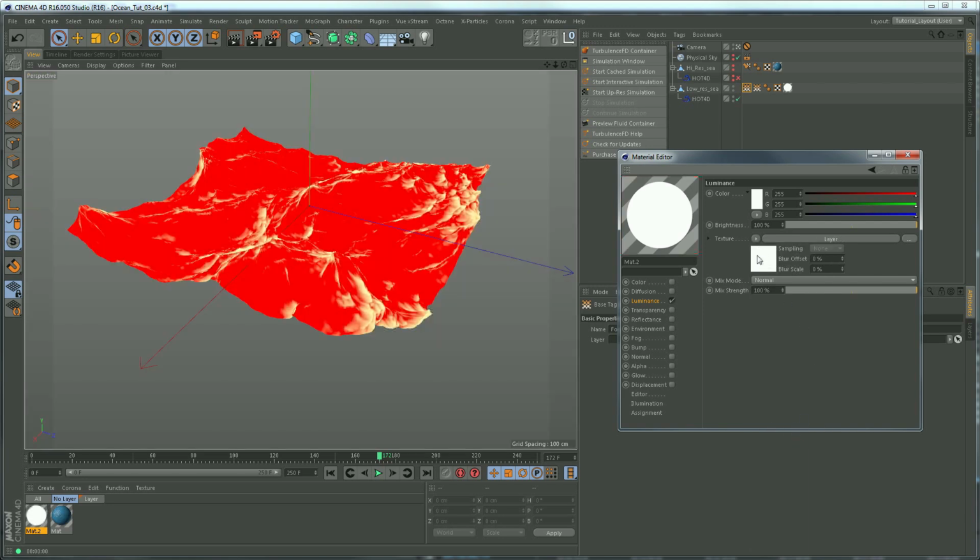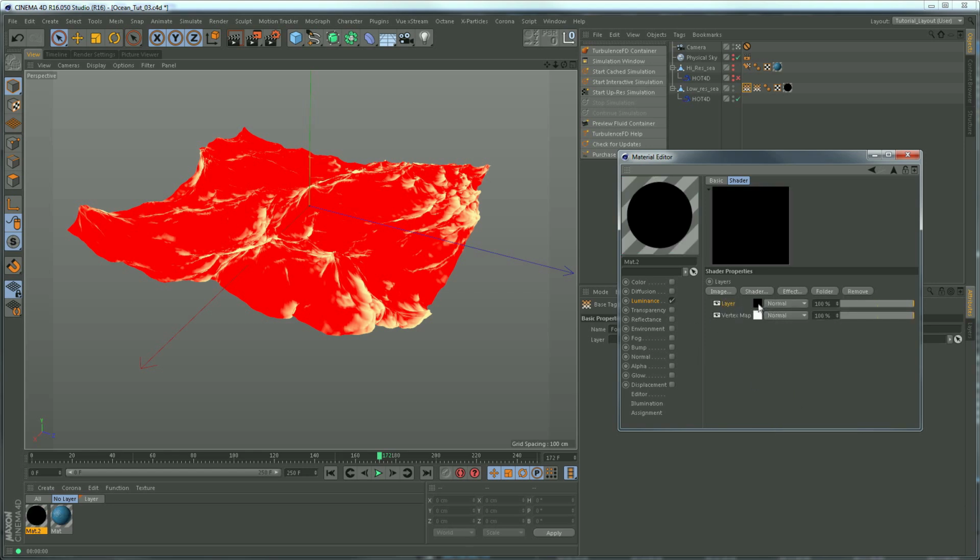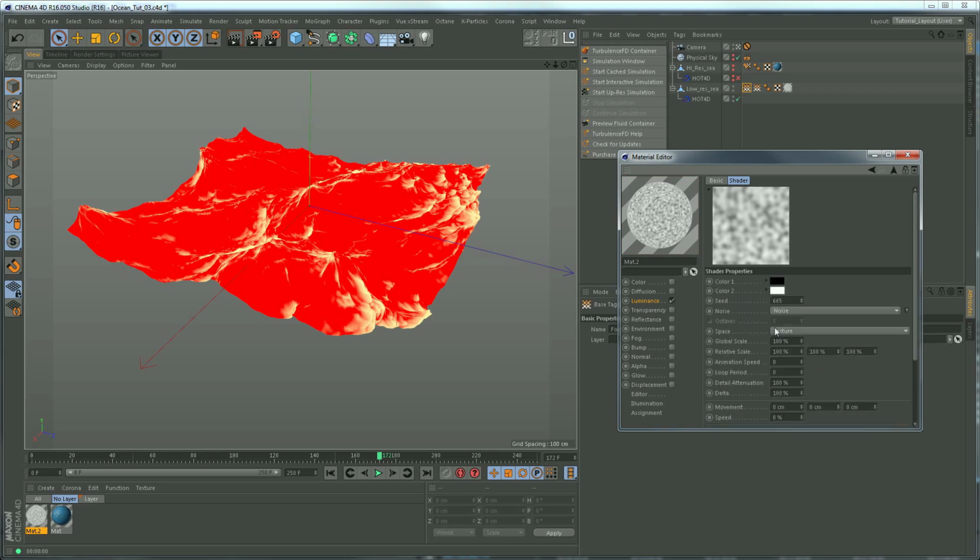And a layer will turn it into a bit like Photoshop, really. We can click in here. It's automatically inserted our vertex map, and now we can layer more shaders on top of this. So I'm going to use several noises. I'm going to put another layer inside it, and in this layer is where all our noises are going to live. So we're going to hit shader, noise, and the first one